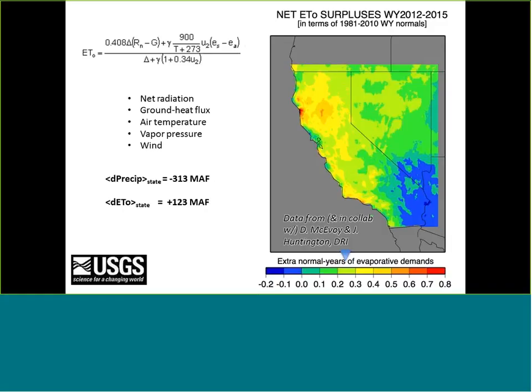And so now this is a different color bar. I've been showing you all along with the precipitation and everything else to date, numbers that went from 0 on the right over to about -4, I believe it was, on the left. These are smaller numbers, and they're positive also because, again, it's a surplus rather than a deficit. But so we're looking at about 2.5 years of extra evaporative demand averaged over that entire area, okay? And of course over here you can see that if I average it over that area,